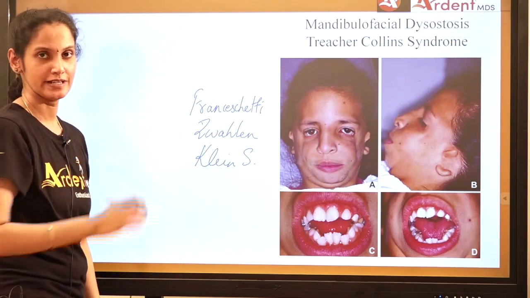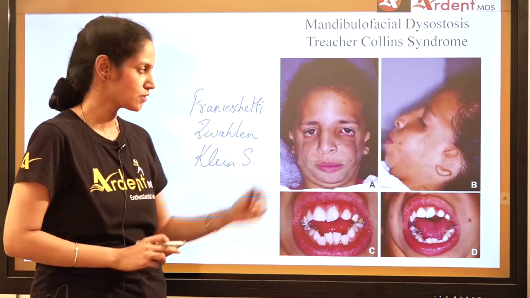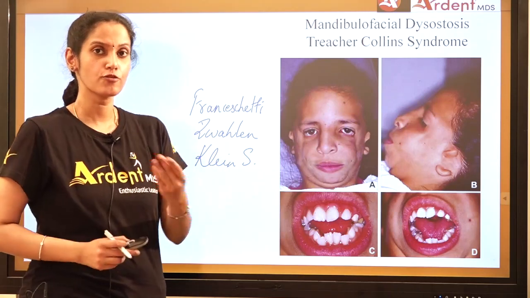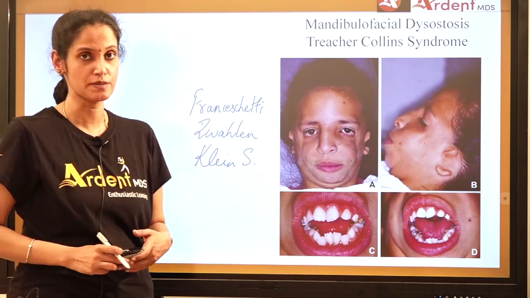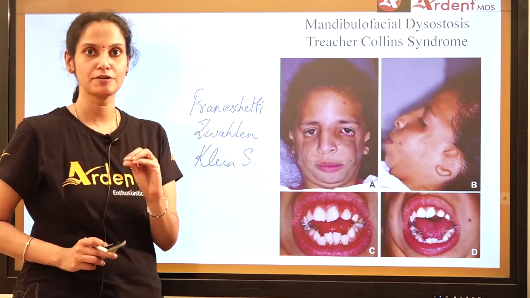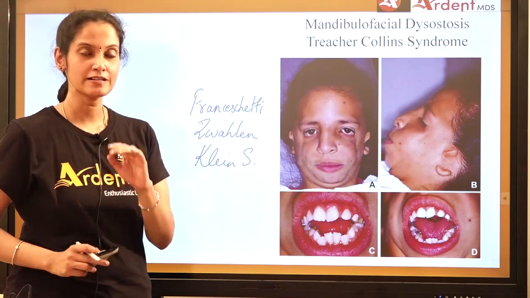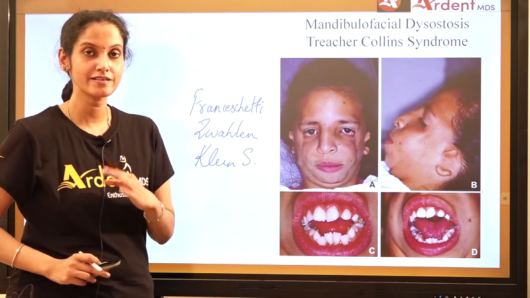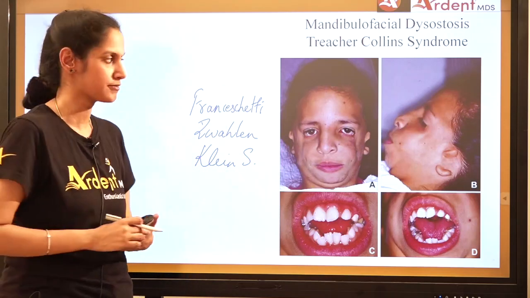These two is more than enough in case. Just have a look at this word. These are the other synonyms for it. Why I am emphasizing it is this is one among the other 4 or 5 syndromes which are must to know, although you have a list of syndromes to remember. So what happens here is the structures developing from the first 2 branchial arches are disturbed. There is a developmental disturbance, mainly the lower face, the neck and the upper thorax. The structures whichever develop from here are getting affected.